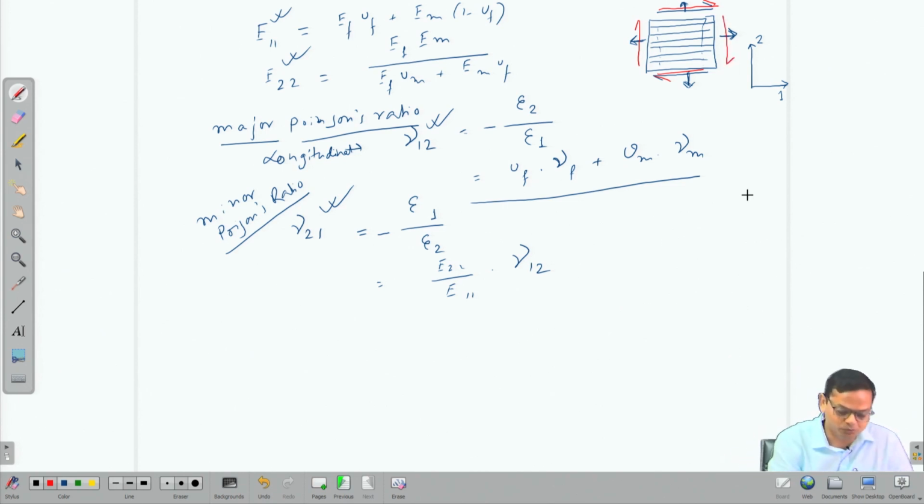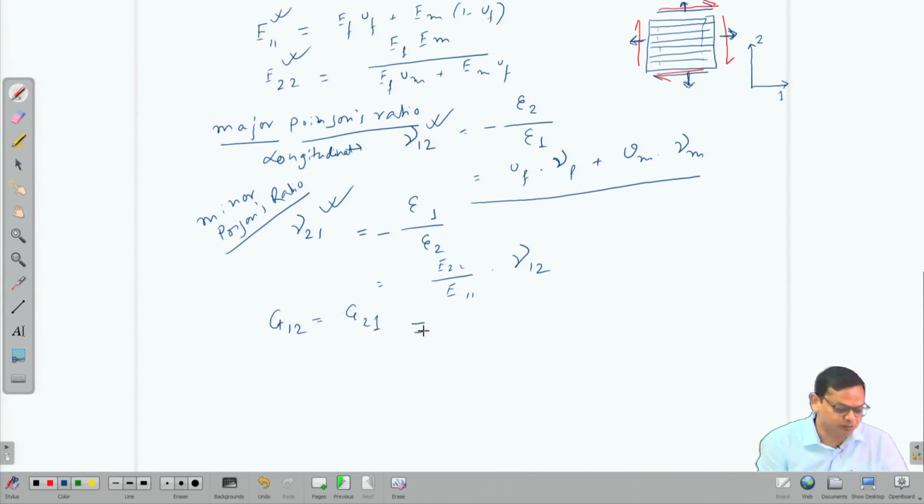So, you can have both G 1 2 and, sorry, G 2 1, G 1 2 and G 2 1, and both are, as you can see from this, equal, G 1 2 equals G 2 1,